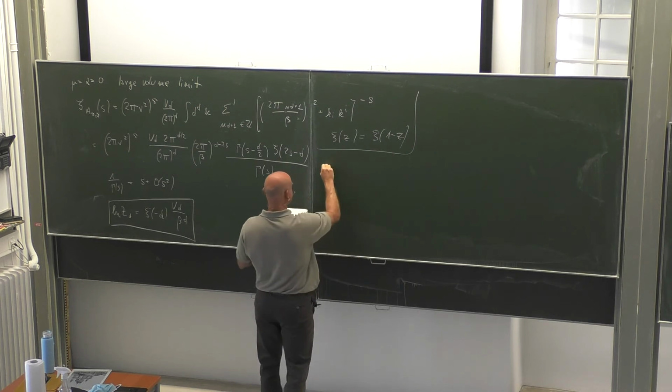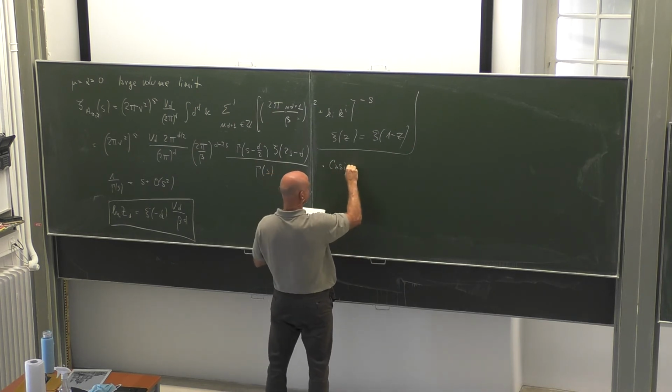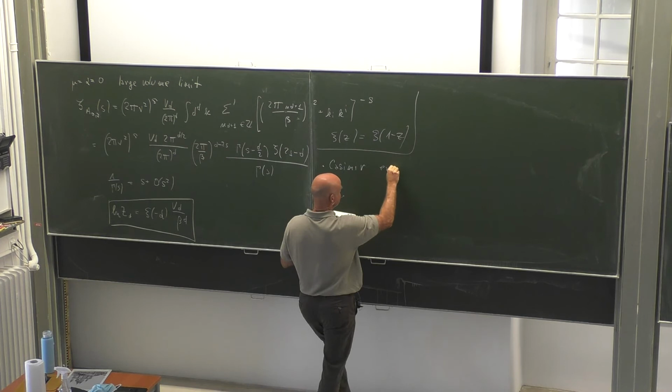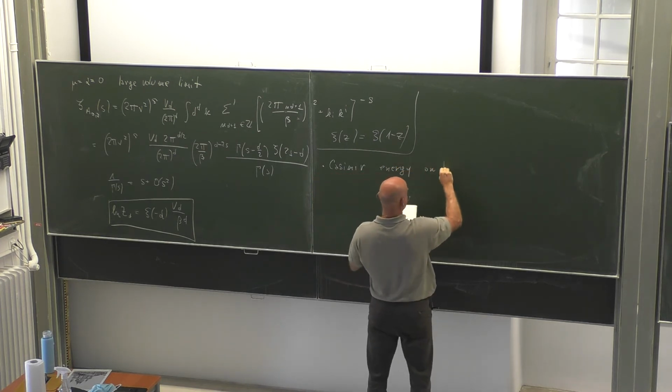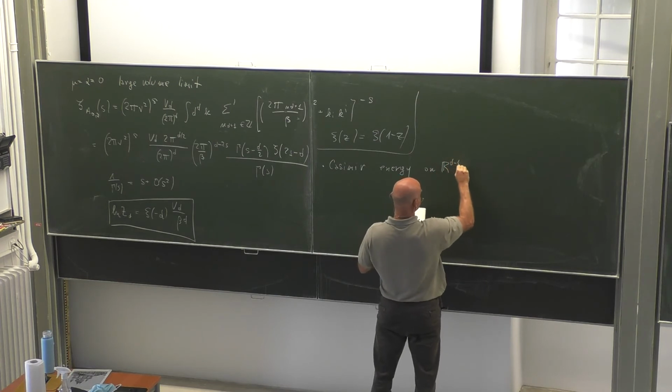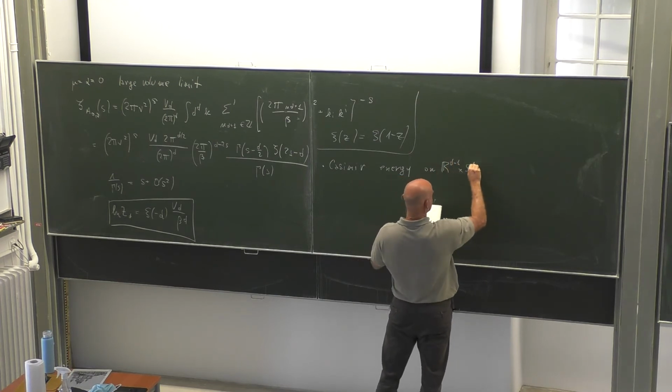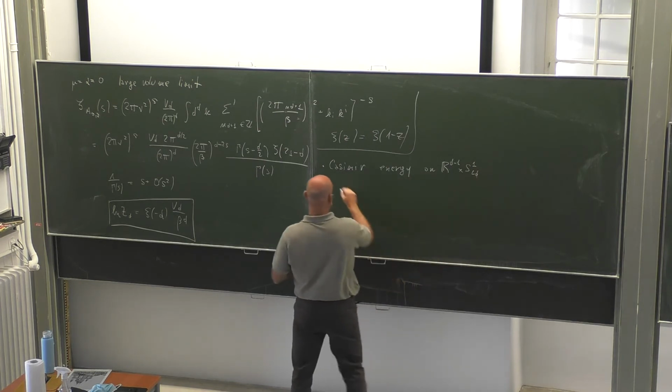Then there is something more that we need, which is the Casimir energy on R^(d-1) cross S^1 of length L_D. Okay, so